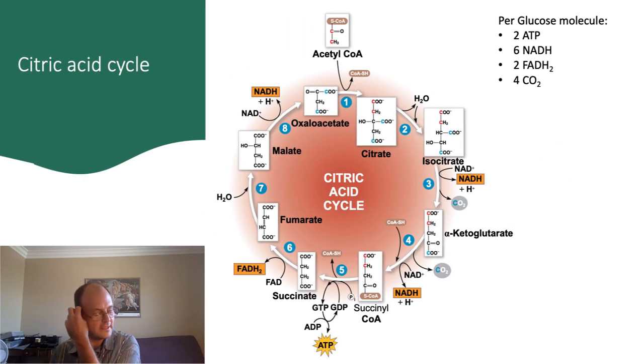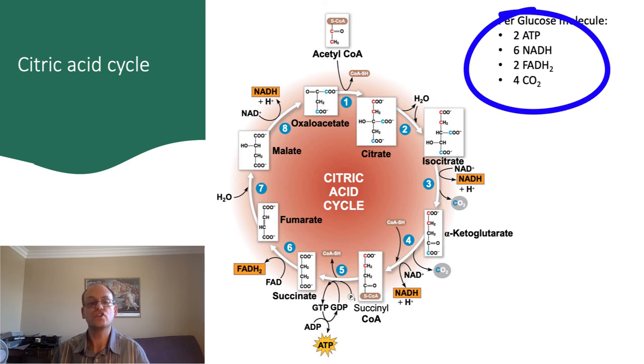So let's continue our accounting. For each molecule of acetyl-CoA that enters the cycle, 2 molecules of carbon dioxide are produced, 3 molecules of NADH, 1 molecule of FADH2, and 1 molecule of ATP. Remember, though, that we should double all of these numbers because for each molecule of glucose, 2 acetyl-CoA molecules are produced, and the cycle turns twice.